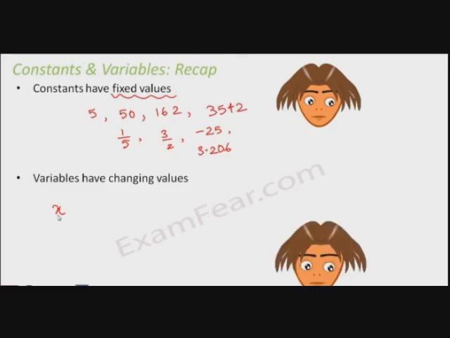So variables are like that. Depending upon the situations, their values change. Let me give you an example of a variable. Let's talk about x. Now, what is the value of x? Because x as such is an alphabet. So when I say value of x, it has to be some number. So can you say that the value of x is always 1? You can't say that. Let me give you examples.